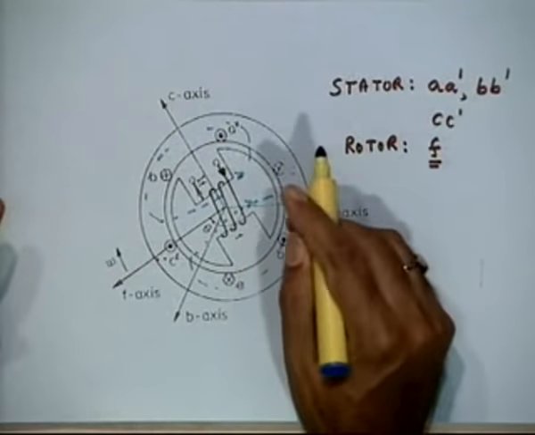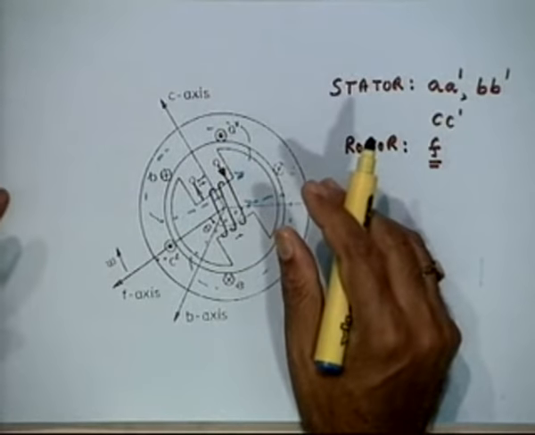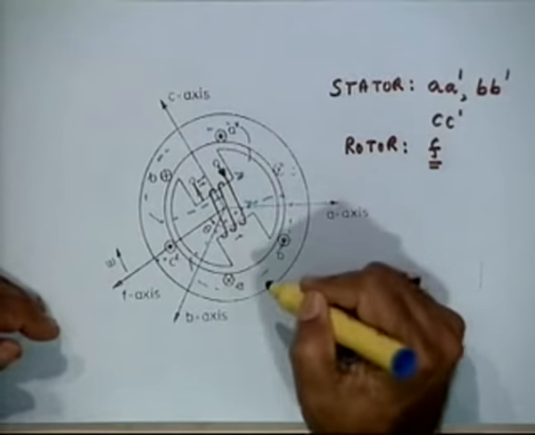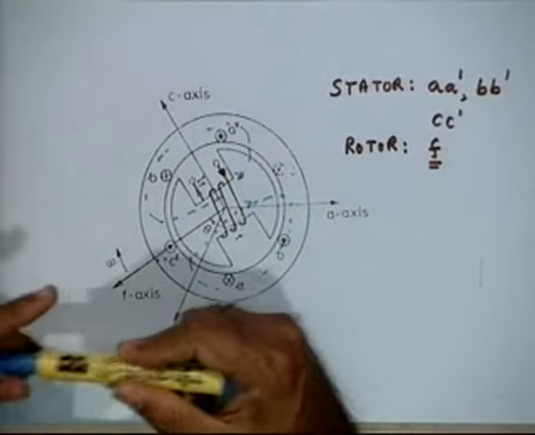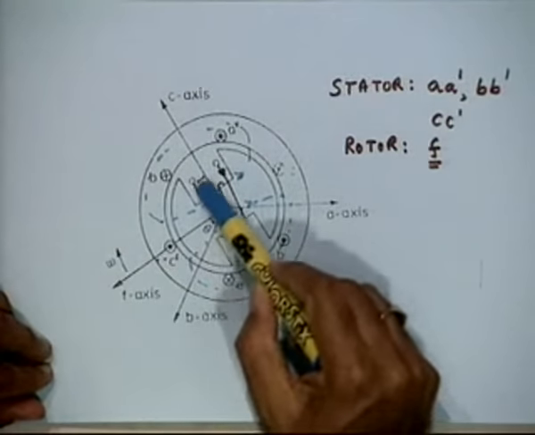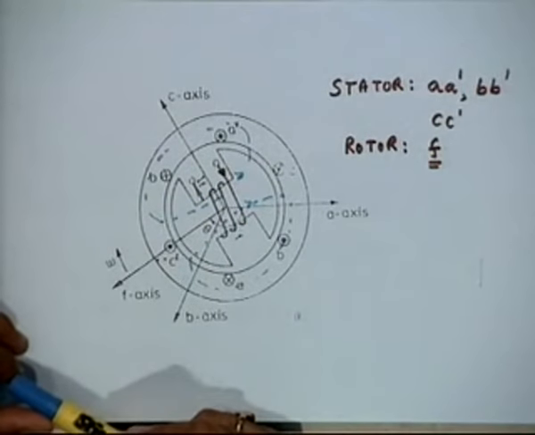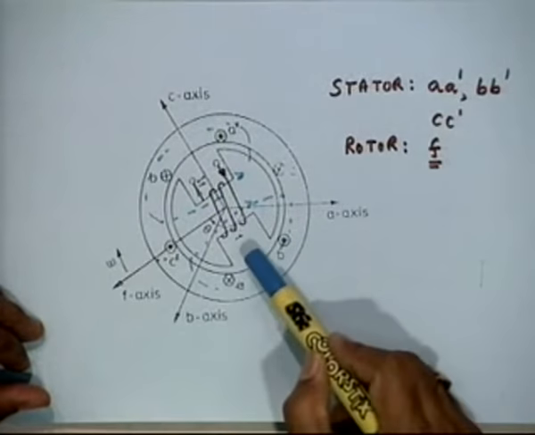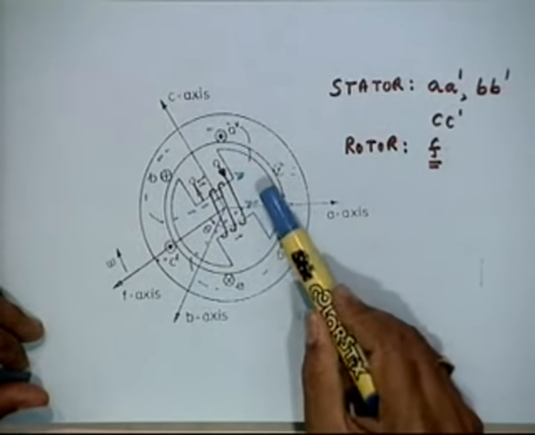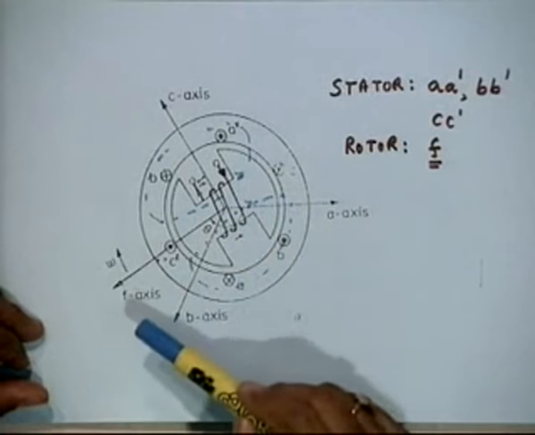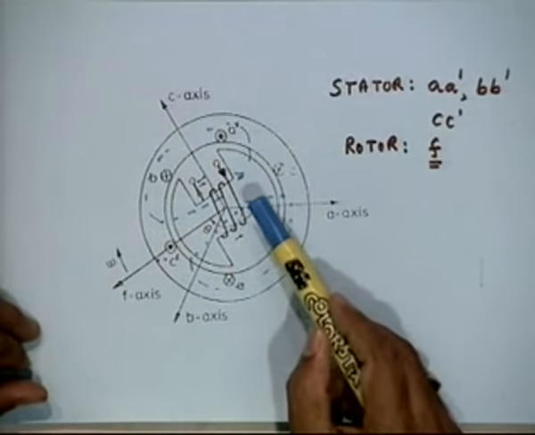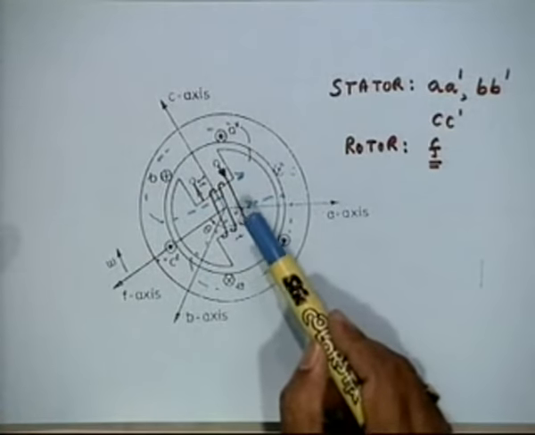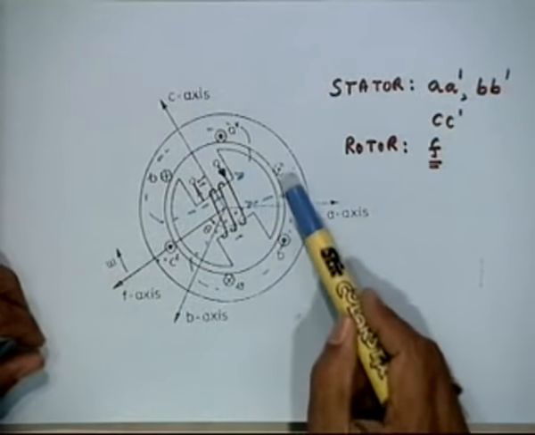Now let us assume the stator is just three-phase windings and not connected to an external source, means it does not carry any current. So we have three windings. So you would expect that as the rotor rotates at omega electrical radians per second, it will link up different windings at different instants of time, and the flux linking each of the windings will naturally change with time as the rotor is rotating. This is a very simple concept you may be aware of.